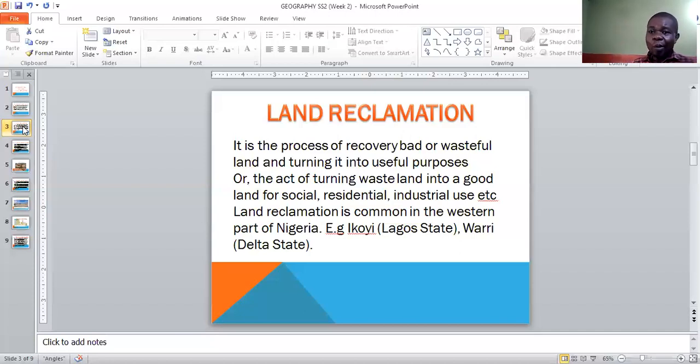If you look at the equator, it divides the world into northern hemisphere and southern hemisphere. Both Warri and Lagos are located in the southern parts of the country, the southwest and the south-south. They are always being disturbed by water. That is what we mean by reclamation. So land reclamation is common in this area. Then we look at